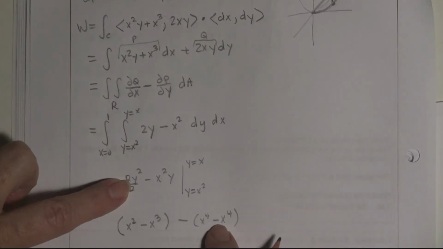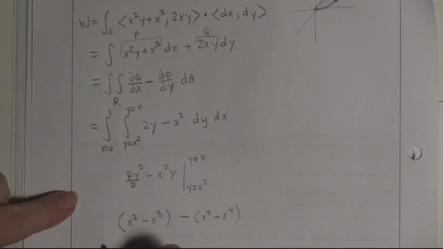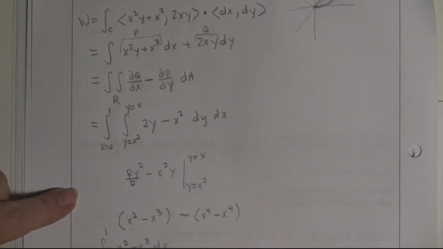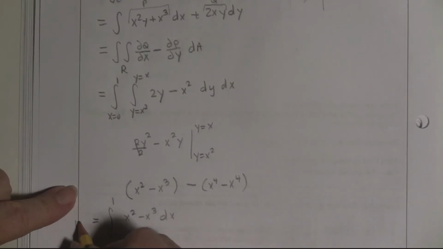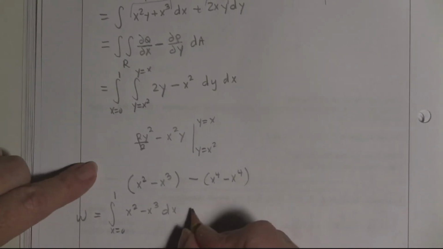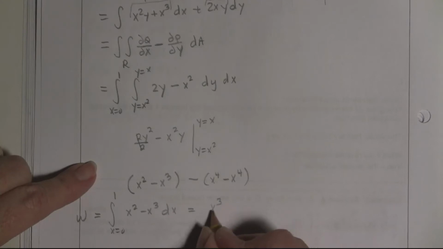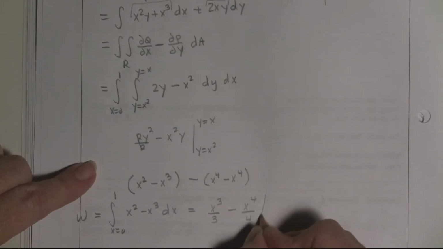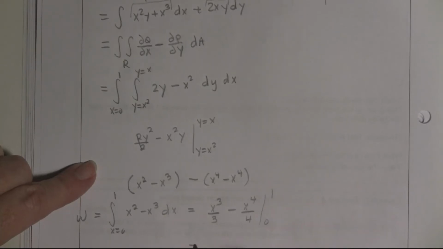So that's 0. And so I get the integral, and this is going to be my work, x equals 0 to 1 of x to the second minus x to the third dx. And so this is going to be my work. And so that is x to the third over 3 minus x to the fourth over 4 from 0 to 1 equals